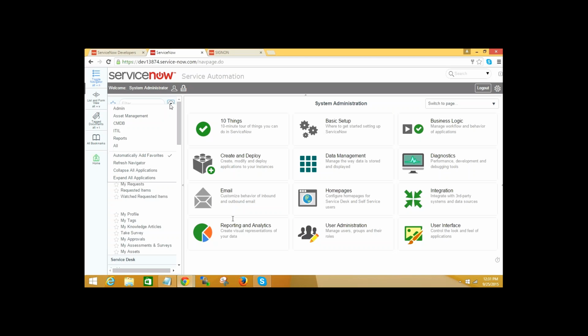If you want to see the admin applications, it will show you only admin applications. If you want asset management applications, only those. ITIL, reports, all will fetch all the applications available in ServiceNow in the menu. So click on all.